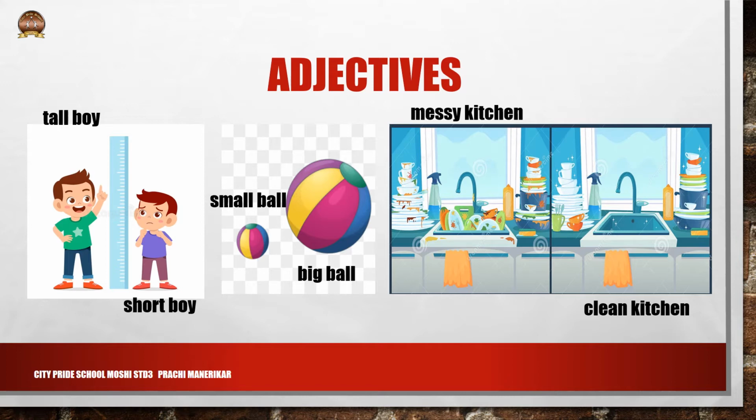Correct. For example, let us name the boy in the green t-shirt as Ram. Ram is tall. Yeah, Ram is a tall boy. And let's name the boy in a blue t-shirt as Sham. So now we'll say Ram is taller than Sham. Correct. Then we say that this ball is the biggest ball.